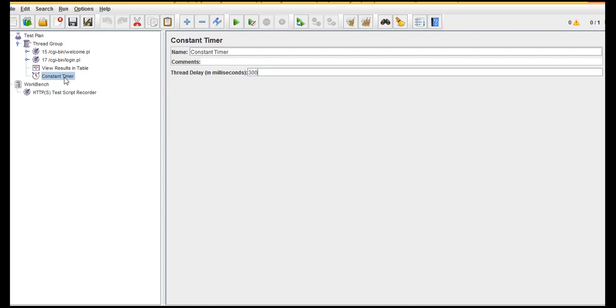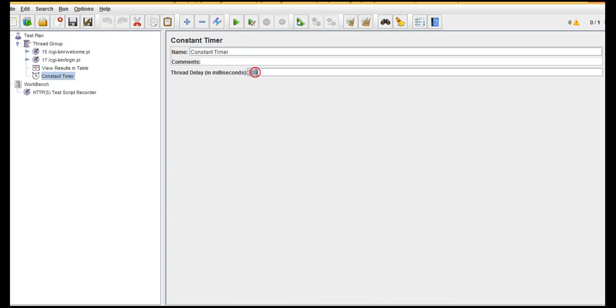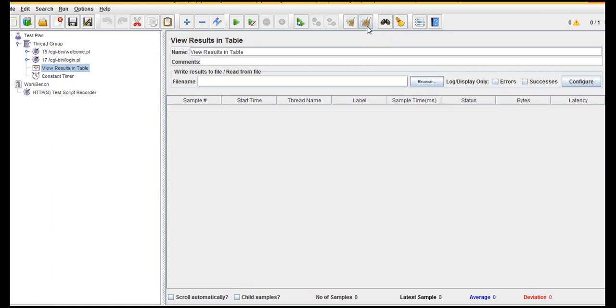Fine, 300 milliseconds. Let's keep a 300 millisecond thread delay, and start the script again. Place it at the end or at the top. Make it first, so that once this thread loop is completed, control will come here and wait for 300 milliseconds and then start execution. Let me delete this as well, and I'll run it again.